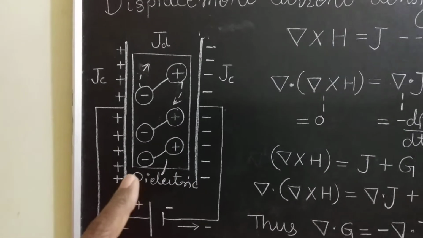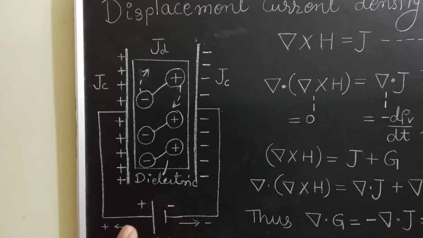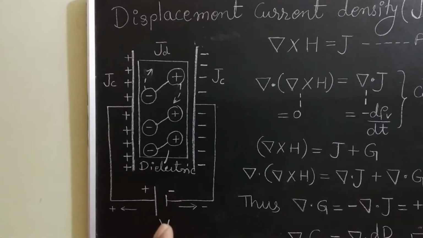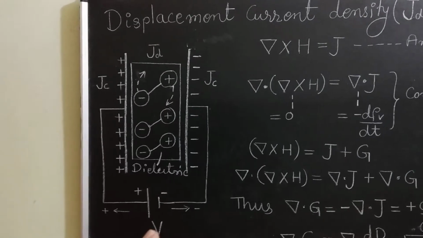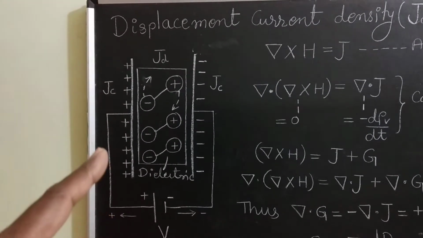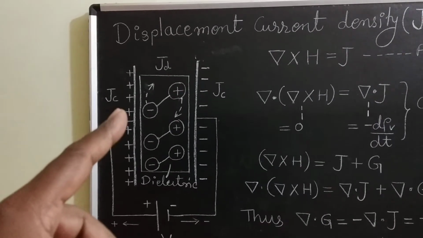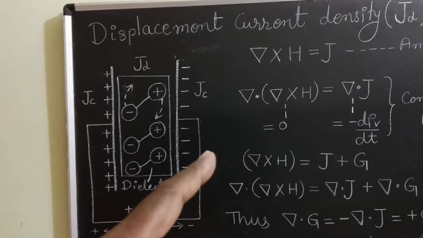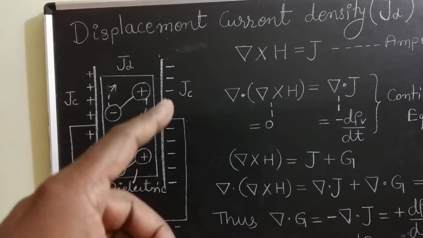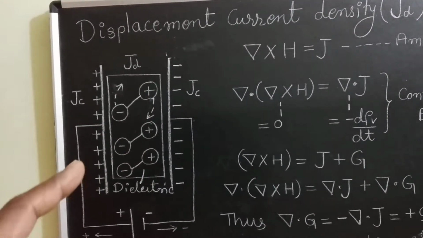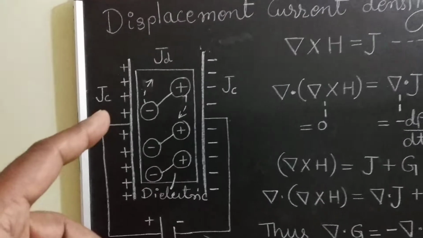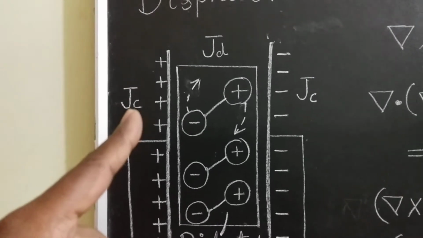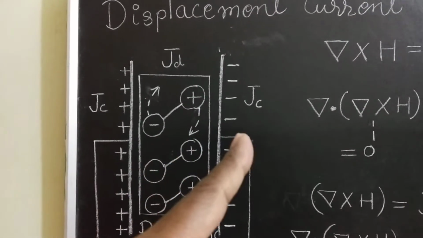In metals, the flow of current is due to the flow of charges. Suppose this is the voltage applied, which means in the capacitor if we apply this voltage V, the positive charges will be transferred with the help of wire to this metallic plate, and negative charges will be transferred to the other metallic plate. Thus here in the metal the conduction current exists, and the current density is denoted by JC, the conduction current density, but here no transportation of charge is there,